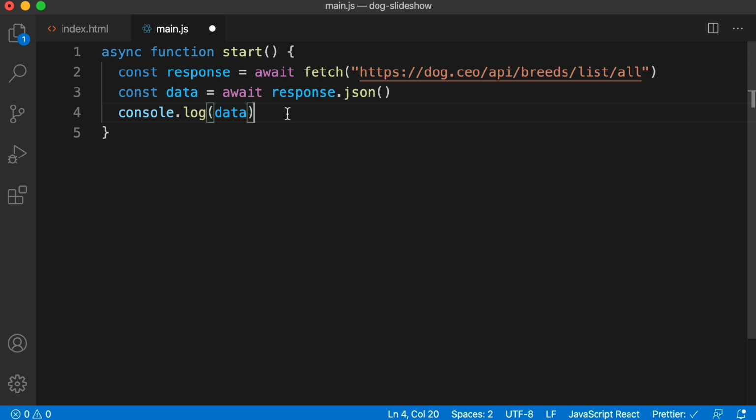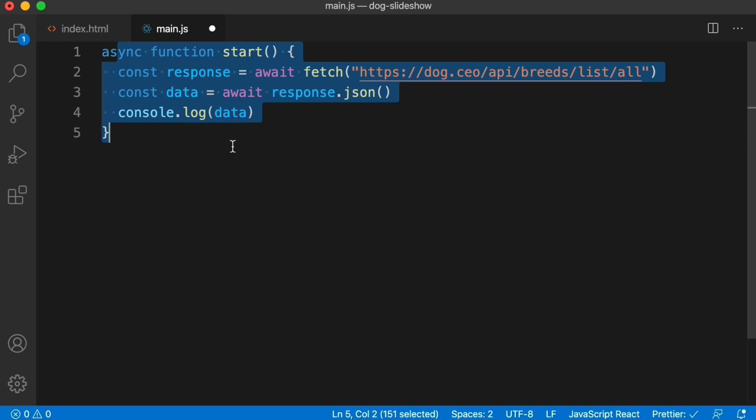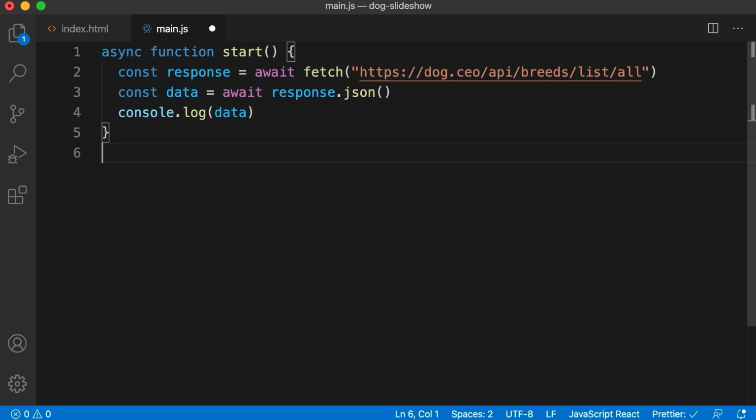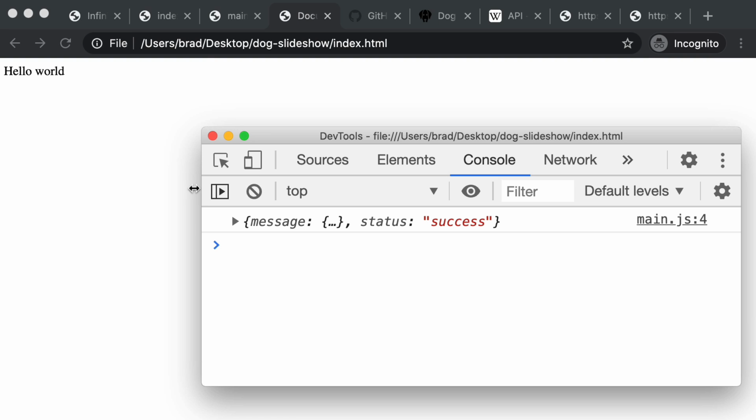Now, in just a moment, we can circle back and I'll explain what this code is really doing. But for now, this is just a function definition. So in order to actually have this code run or execute, we need to call our function. So right below it, let's just say start parentheses to call our function. So if we save this and reload in the browser and check your console, you should now indeed see this,